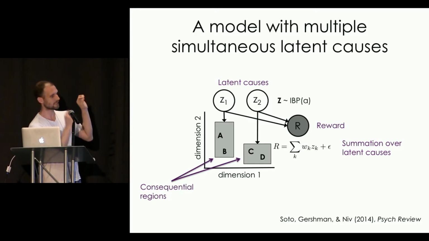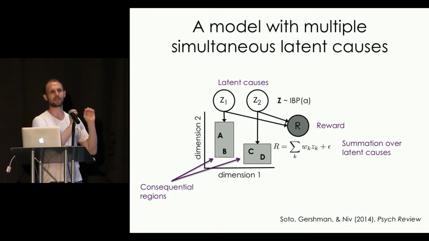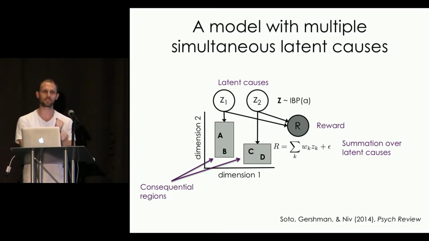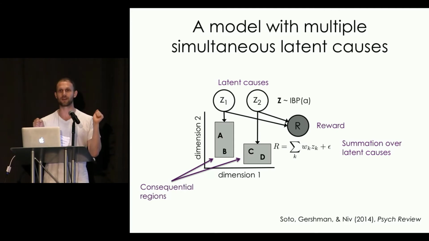But in this context, different objects in a compound can be generated by different latent causes, or they can be generated by the same latent cause. And you're only going to see summation when they're generated by different latent causes. If they're generated by the same latent cause, they're going to act configurally. So what's pushing them to be in the same latent cause or different latent causes depends on their position